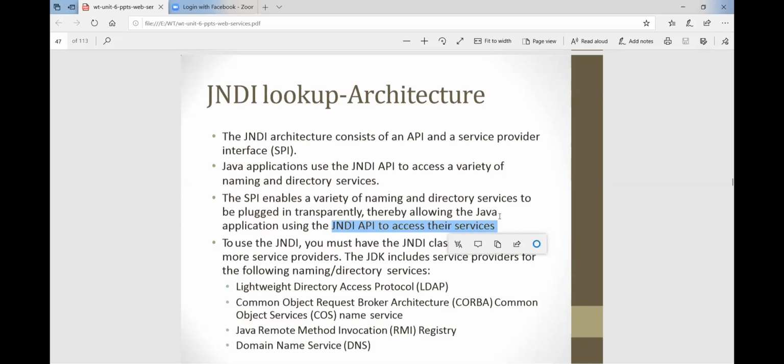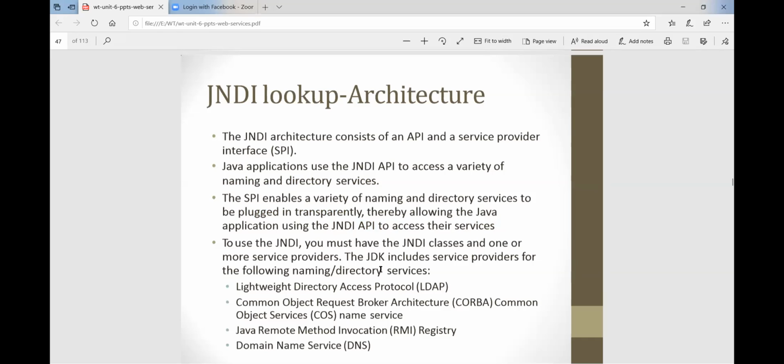Through this interfacing, we access their services transparently.